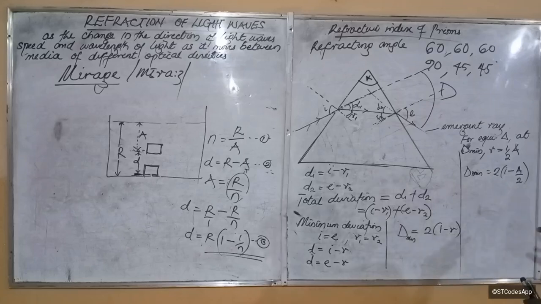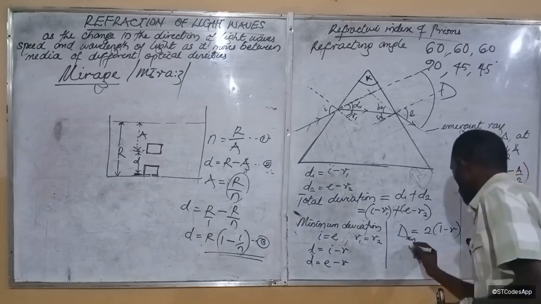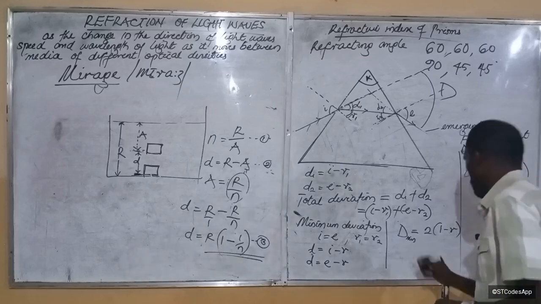Now, if this be the case, then I'm trying to generate an equation here. I can't remember the equation, okay? That's why I'm not remembering it well. Sine of angle of incidence. So what will be my angle of incidence here? According to this equation, what will be my angle of incidence? My angle of incidence here is going to be equal to